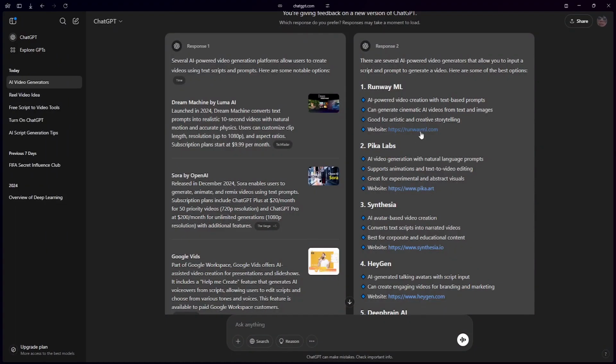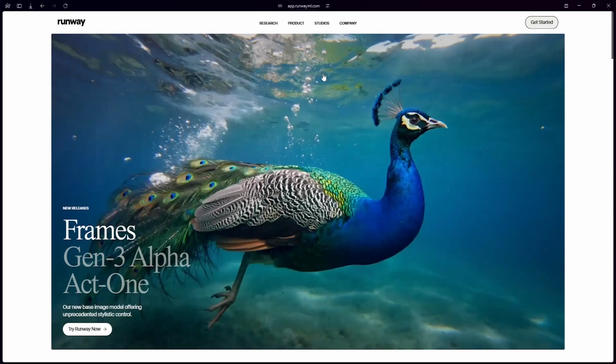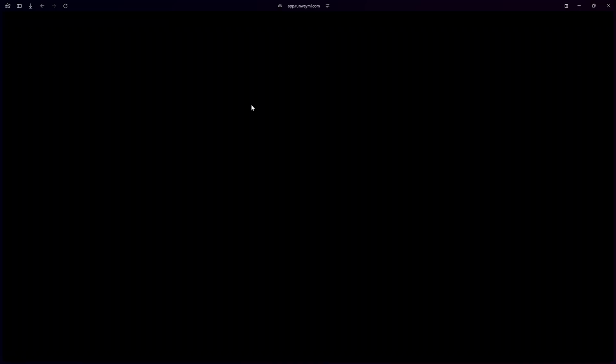Now, after I go into pika.art, I'm going to wait for a bit until it loads up on my screen. If it doesn't load up, it's totally fine. We can go off to other sites. I'm going to go off into Runway ML. There we go. Click on Get Started. And I'm going to wait for a bit until I log into this site, and then I'm going to generate